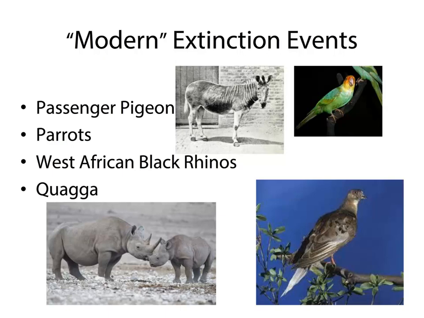There was one passenger pigeon. Well, initially, passenger pigeons used to be so plentiful that they darkened the skies, according to the earliest explorers. There were millions upon millions upon millions of birds.